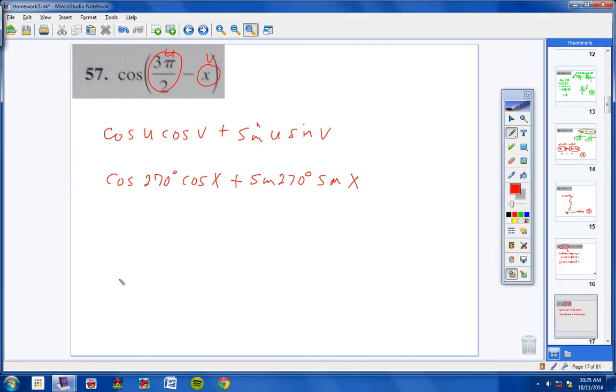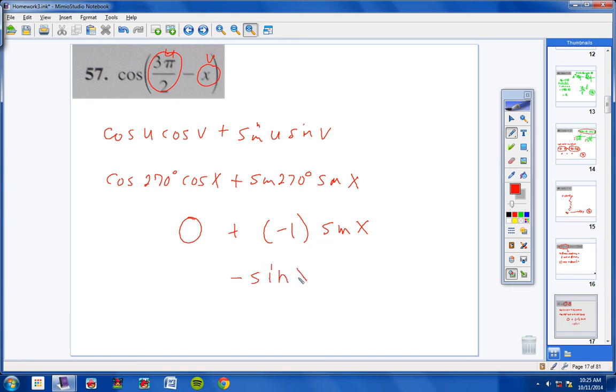Okay, students, so here we go. The cosine of 270 would be 0. So 0 times cosine is just a big 0. Sine of 270 would be negative 1. So I have negative 1 times sine x. Okay? Now,